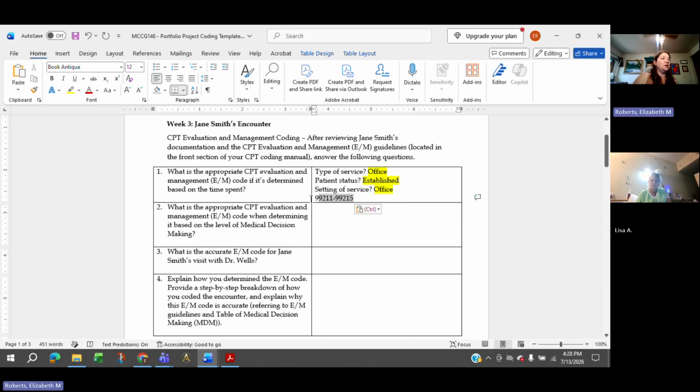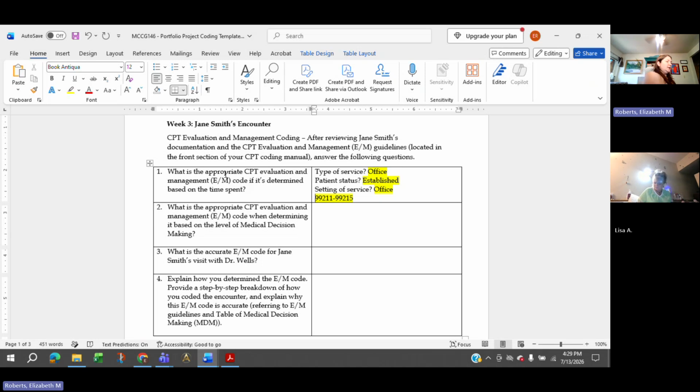And so you're going to want to go, hang on, I'm messing with my screen here. Okay. So you're going to want to go to page 16. Another little tip that I like to give is when you're tabbing your books, because there's so many guidelines for the E&M section, it can be hard to find where the E&M codes start. So I like to put a little yellow tab on page 15 or 16, so that you can flip right to it because it's really fast that way.